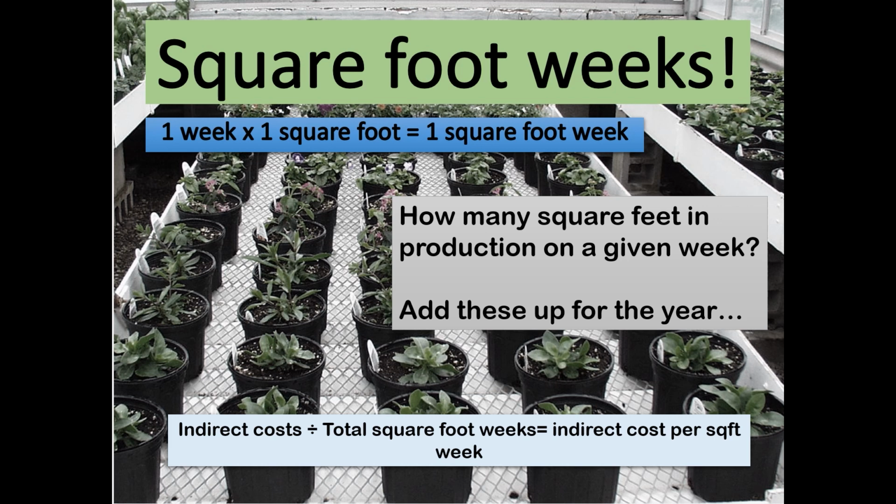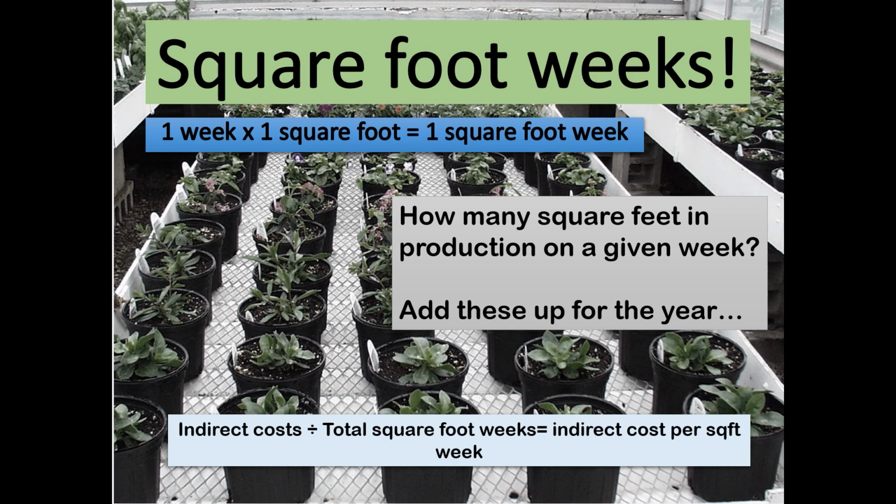It doesn't make sense if I grow a 3-inch marigold that's on the bench for 4 weeks, and I grow a 12-inch enormous hibiscus that's on the bench for 24 weeks, I can't say that each of those pots has the same amount of insurance in it, has the same amount of mortgage, has the same amount of propane in there, right? And so I need to find a way to allocate more of those expenses to the things that take more space and or more time, right?